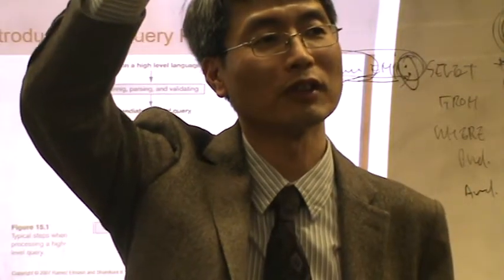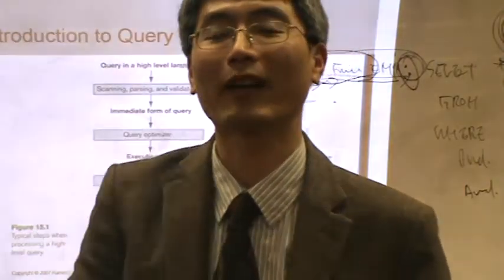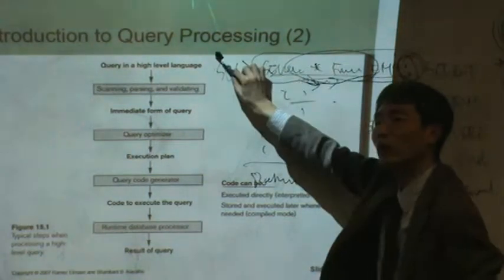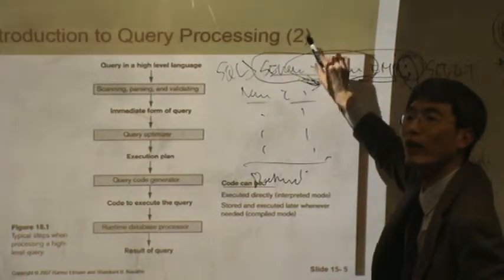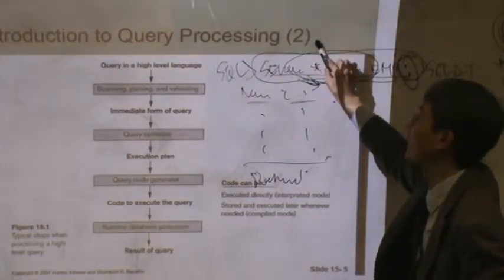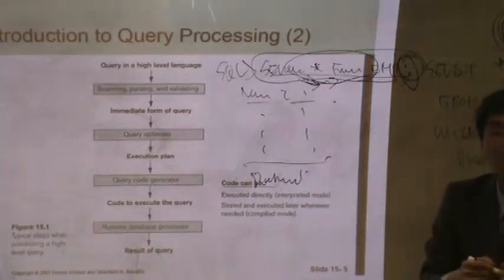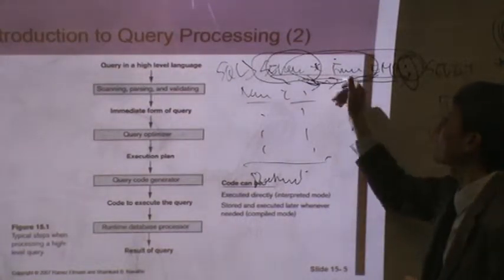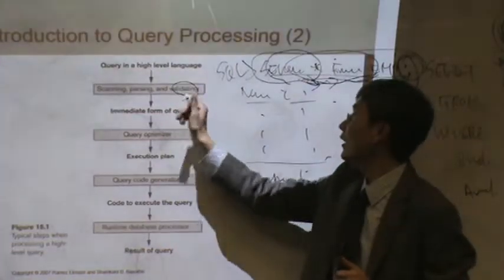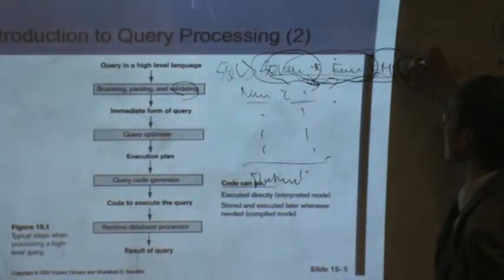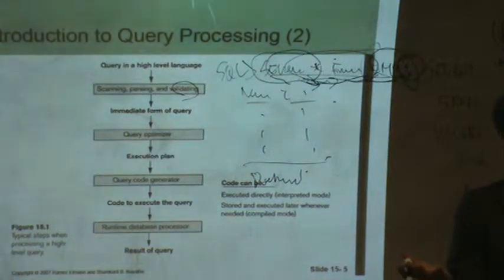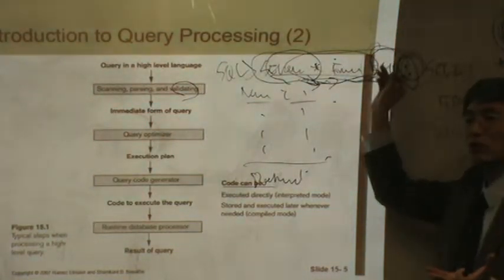If you go to the airport nowadays, some selected men and women will be scanned by a machine. Just like that, your source code will be scanned for whether the syntax is correct or not. Then parsing: sometimes this query may have variables, if you are using PL/SQL, so it can be parsed. Then finally, even though the syntax is correct, if I did not create the employee table, it should be an error.